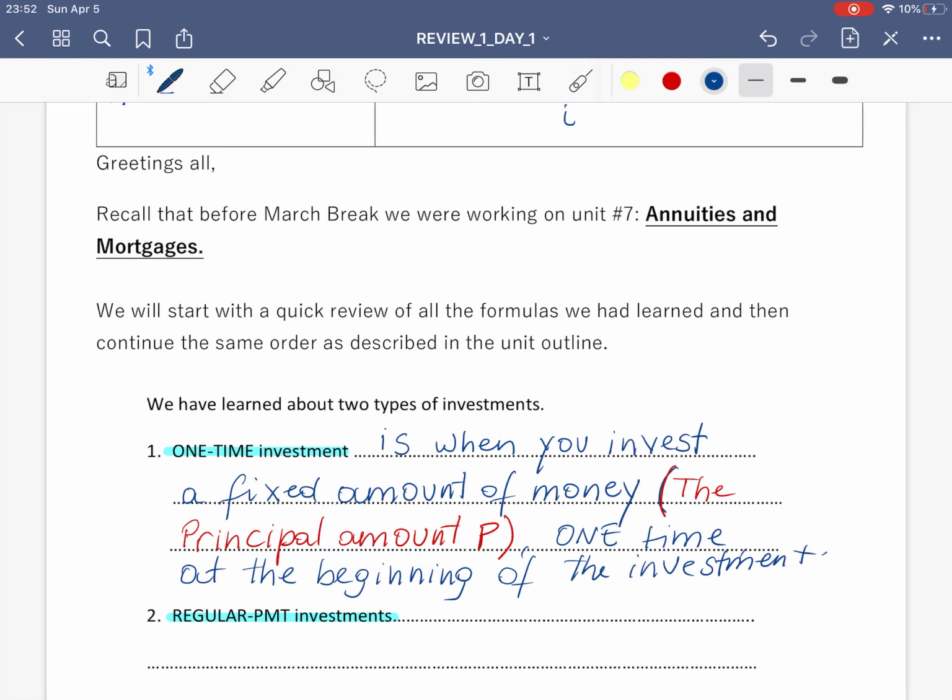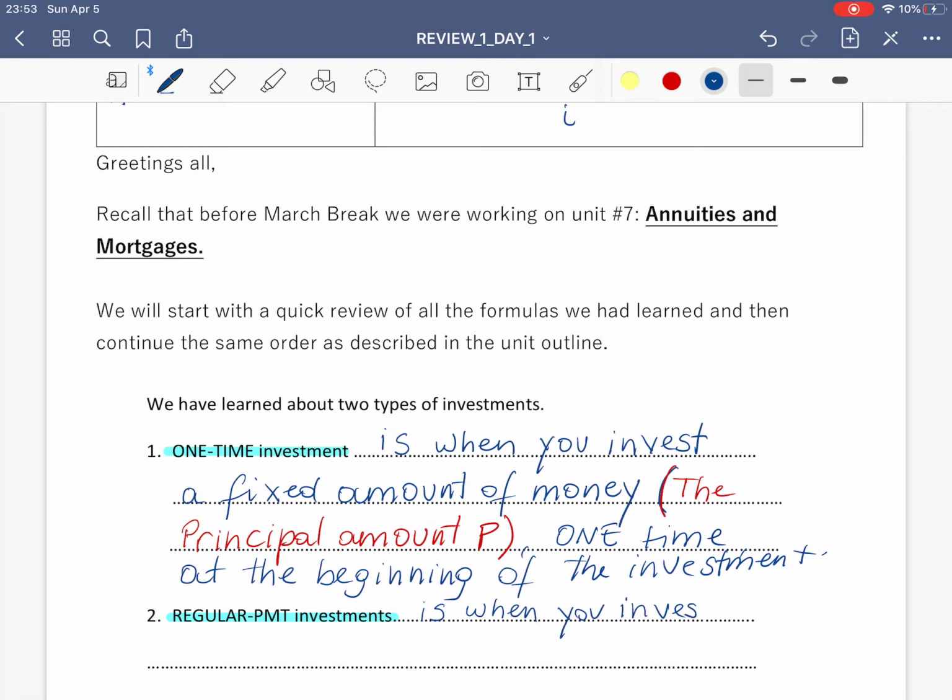Now, a regular payment investment is when you invest the same fixed amount of money every fixed period of time, and you make this investment regularly, and that's where the name regular payment investment comes from. So we're going to write the definition as well. So we're going to say regular payment investment is when